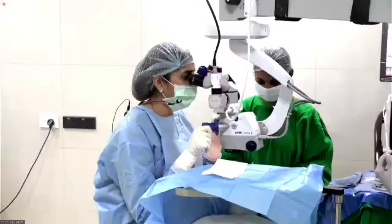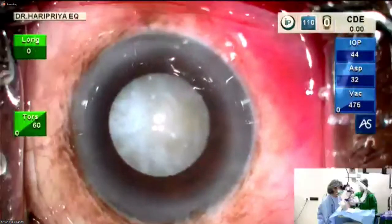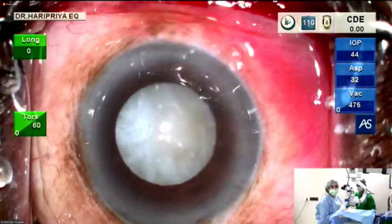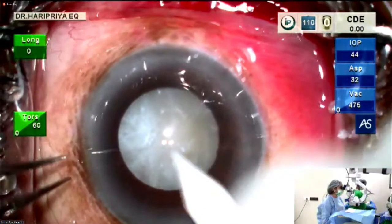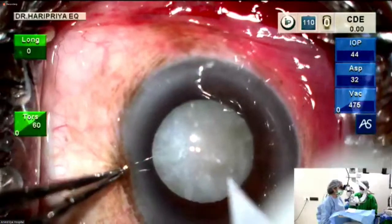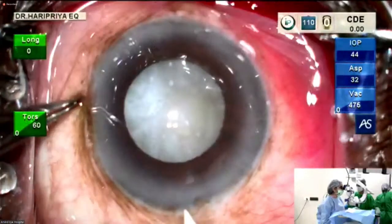So as you can see here, this patient has some pseudoexfoliation. Can you see the microscope view? No, we can't see the microscope. I think we'll just change it now. Yeah, now it's there. So there is some pseudoexfoliation. And it's a mature cataract with the brown component and some calcified anterior capsule as well. So that can make your...